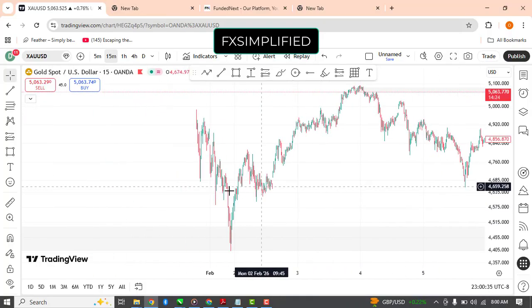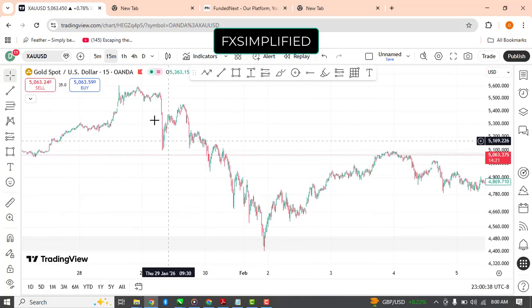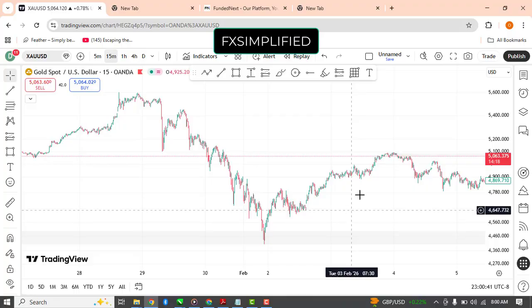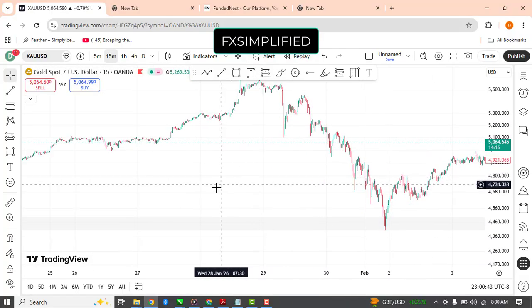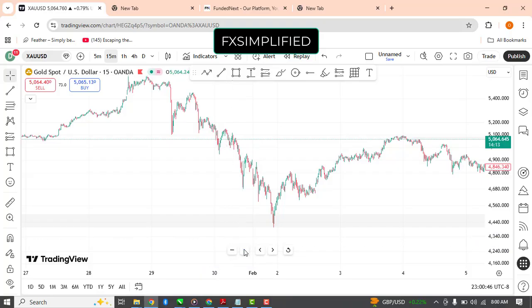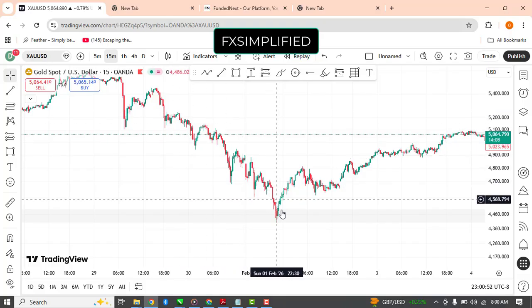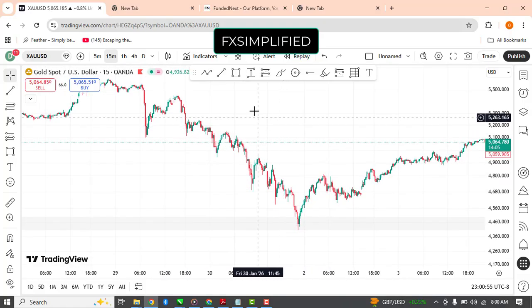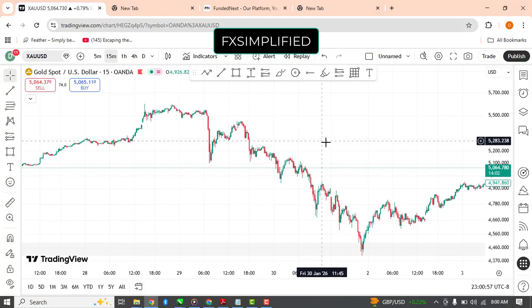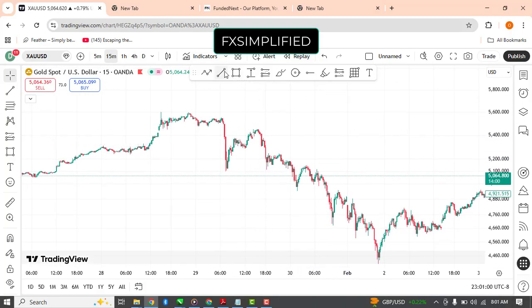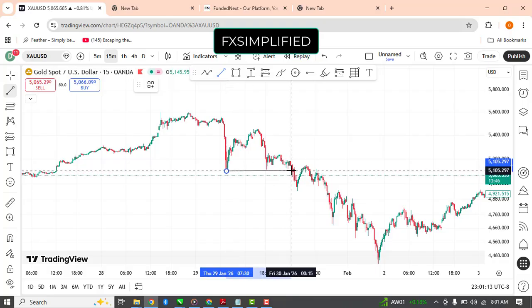Where is the zone? This is the zone right there. All right, just follow me. So this is the trend, the selling trend downward. From the beginning of this trend on Friday, we can see a break of structure to the downside. Price started selling downward here, and we have a break of structure to the downside.